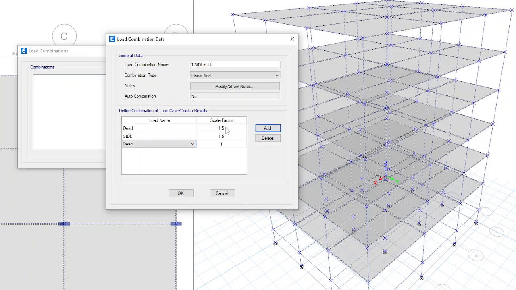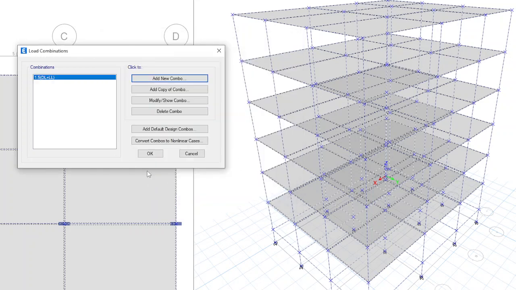Again add, select live load and enter scale factor as 1.5. Give OK. Similarly, you can add n number of load combinations, for live load, earthquake load, wind load, and dynamic load. All load combinations you can create.